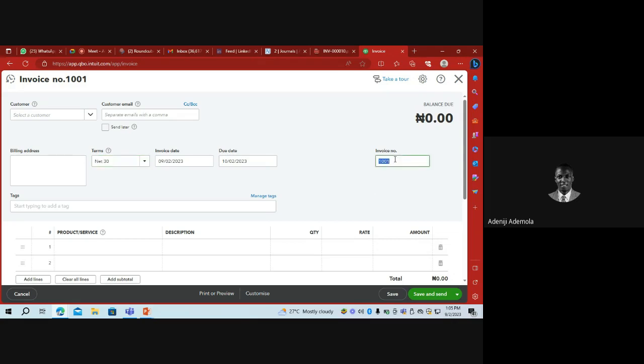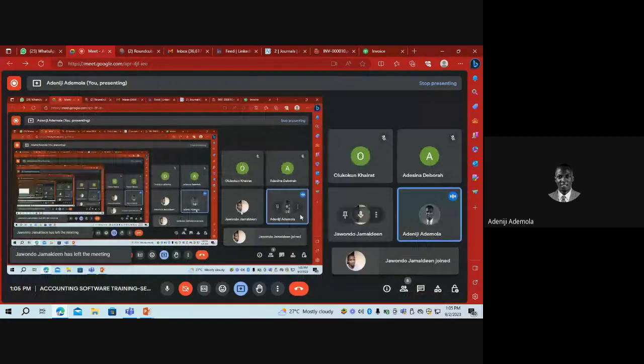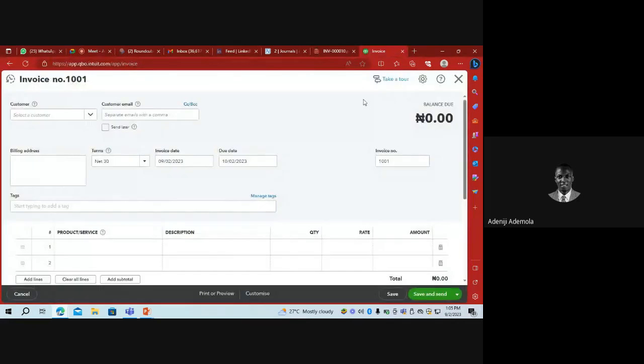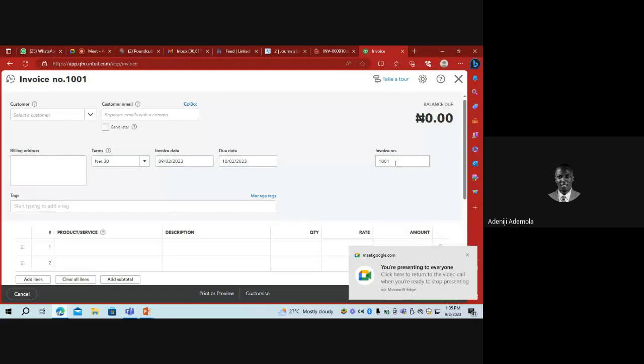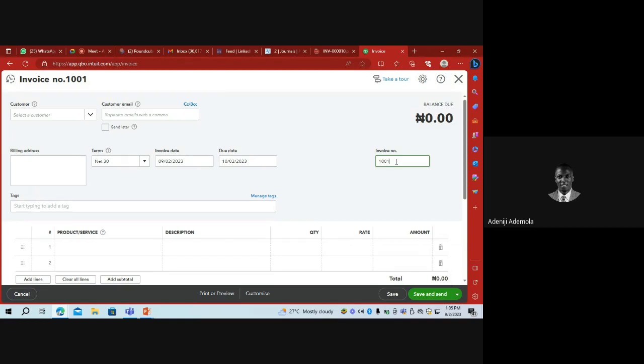And then your invoice number will be here. Because this is the first invoice we are making on this account, it is showing as invoice 1001. But me, I can say my invoice will be more than 4 digits. I can say, okay, let this one be